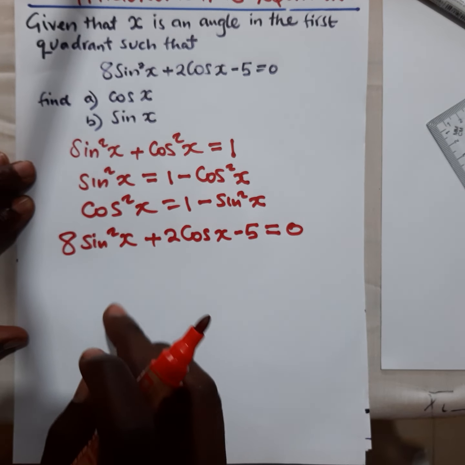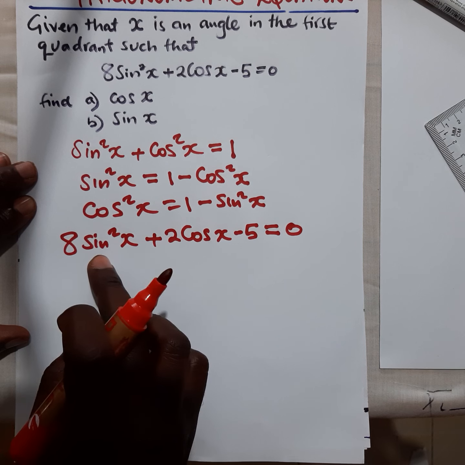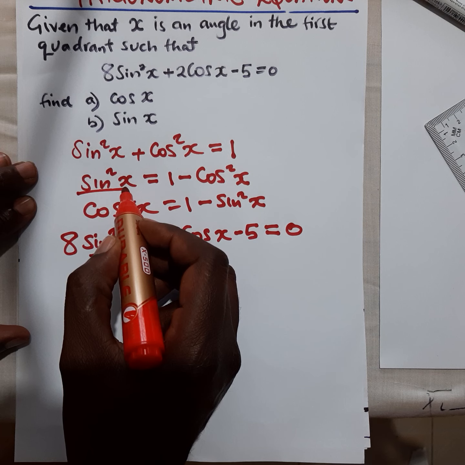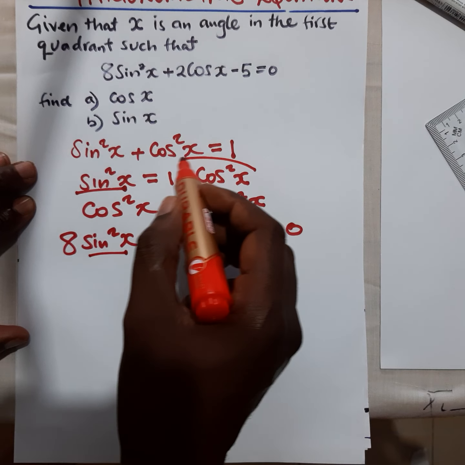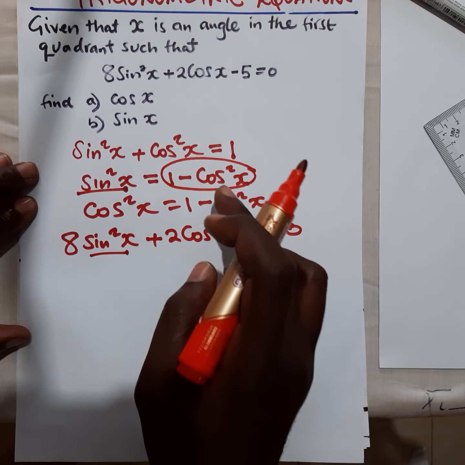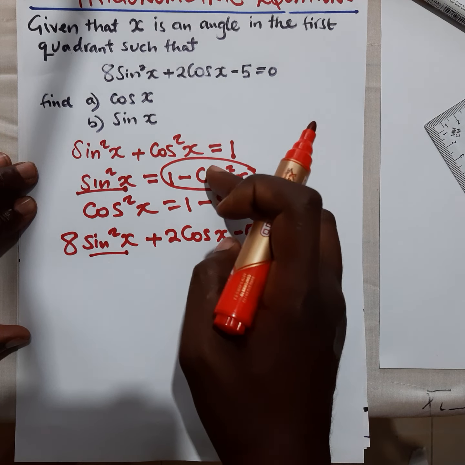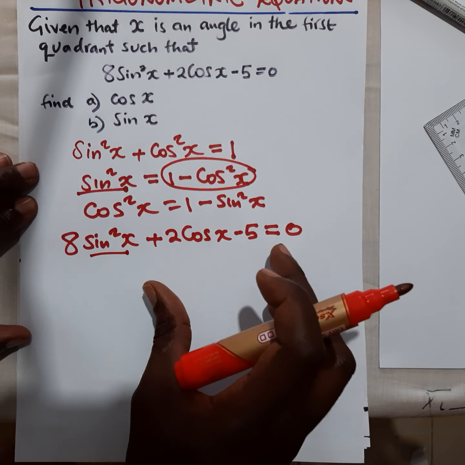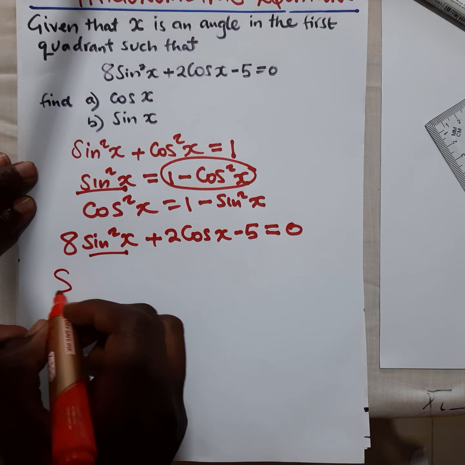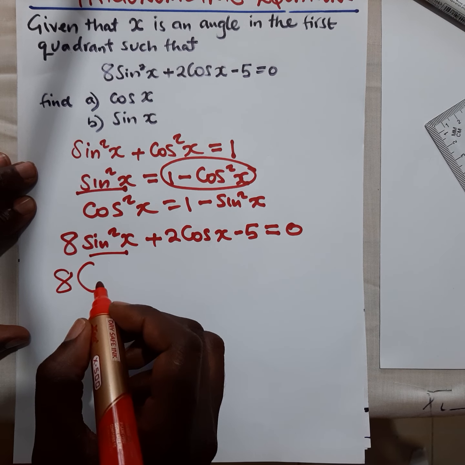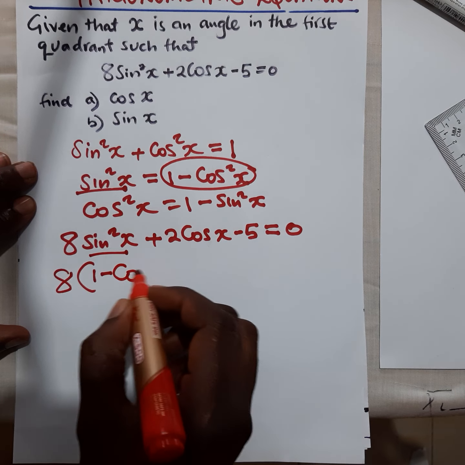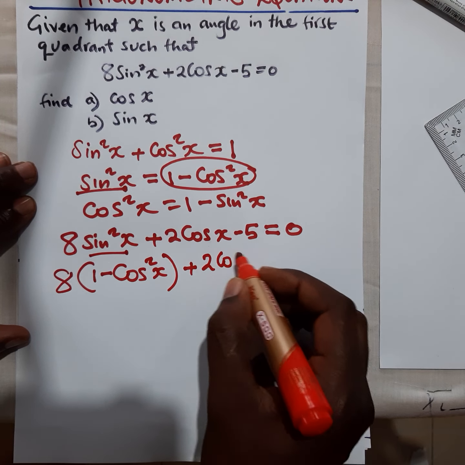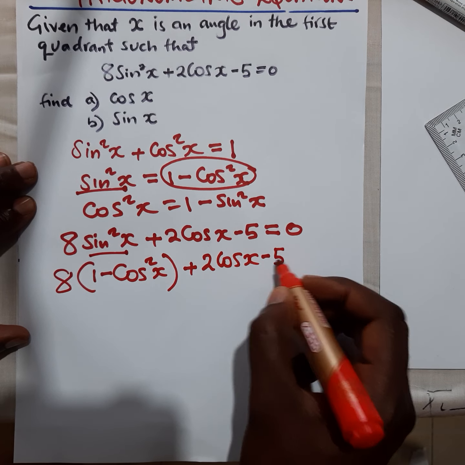Where we have sine squared x, we replace it with 1 minus cos squared x, such that the cos terms are alike. So we have 8 in brackets, 1 minus cos squared x, plus 2 cos x minus 5